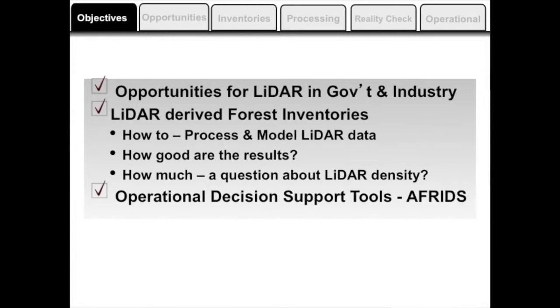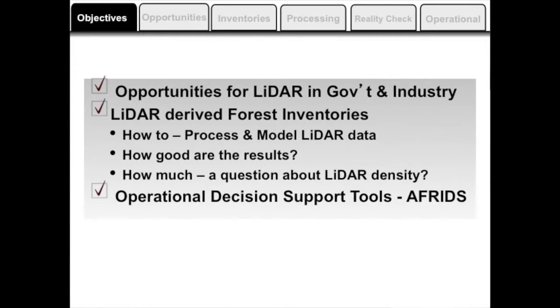The other thing I want to bring to the table is how good are the results. We can make all kinds of pretty rasters of lovely colors, but I want to give you some feedback on what we're finding from our industrial clients on how well the inventories are working. The last piece I want to touch on is LiDAR density. Somebody mentioned it earlier, same idea. We always think that more is better. Well, do we really need a more dense LiDAR cloud to do a better job at stand level, plot level based inventories? And we have some work in that area.